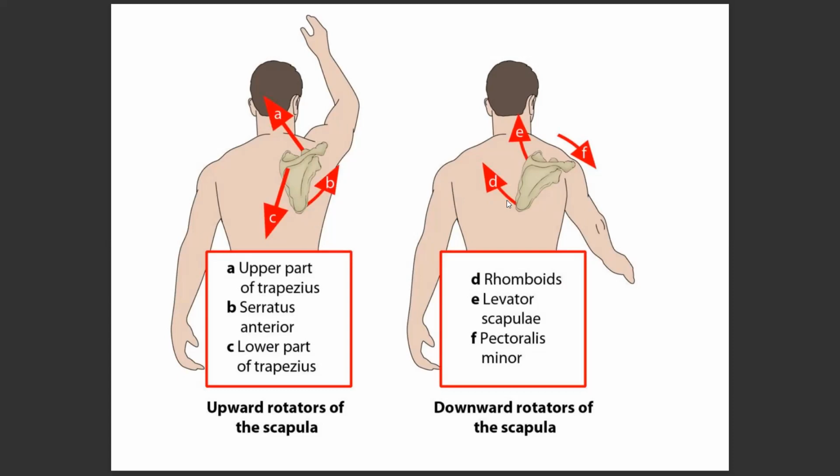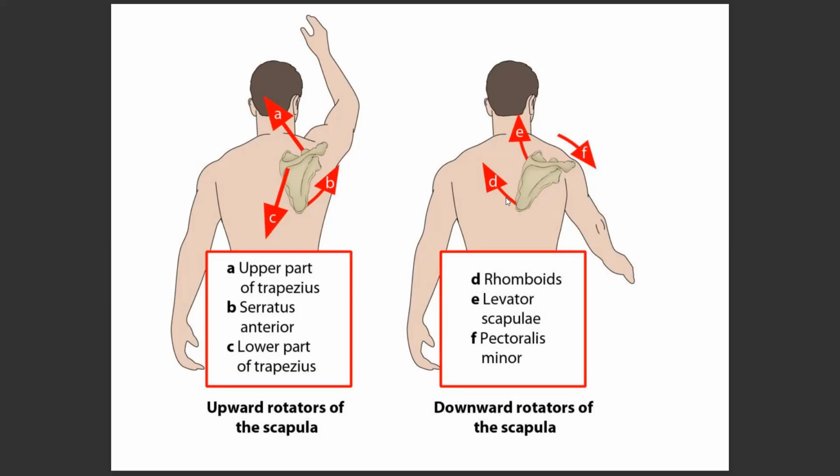Here are the downward rotators of the scapula. This is actually the rhomboid major and minor. Here these are the levator scapulae. The levator scapulae is elevating this side, while the rhomboid major is elevating this corner, and at the same time the pectoralis minor is moving the scapula to this side, and it will rotate in